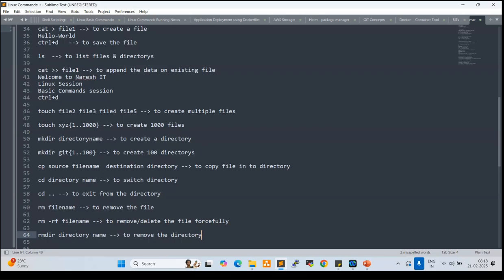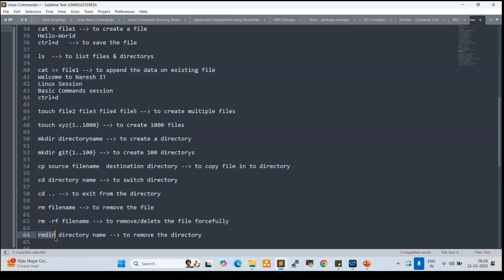But if the main directory has subdirectories and files in it, and you try to delete it with the rmdir command, it will not be deleted, because there is already data inside the directory.